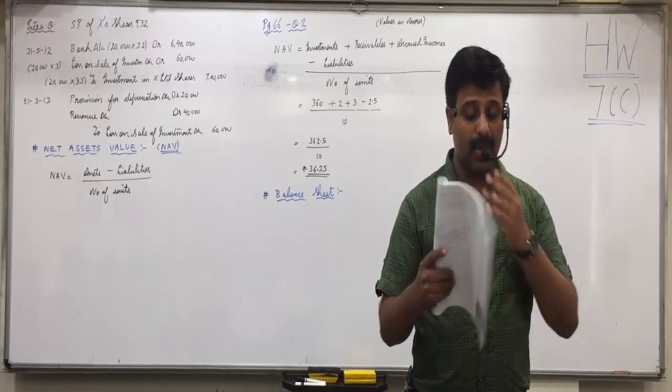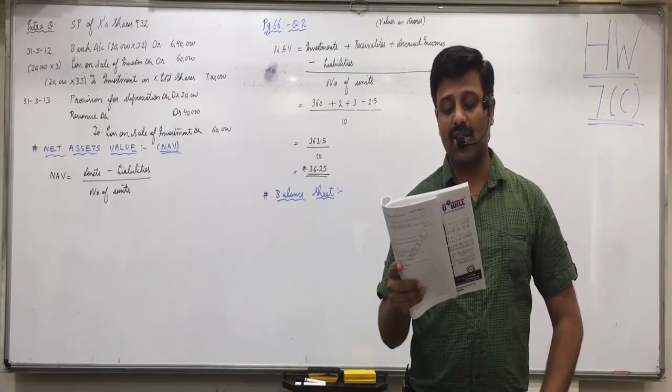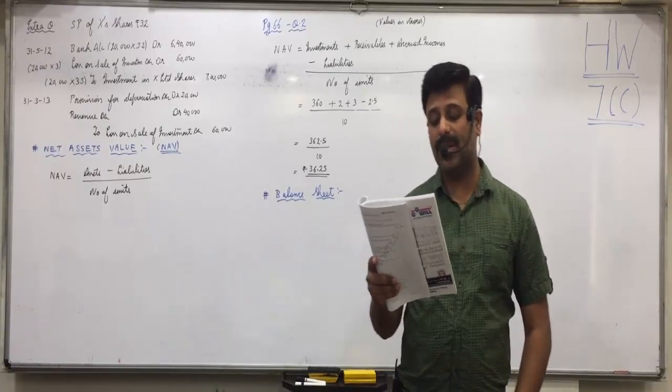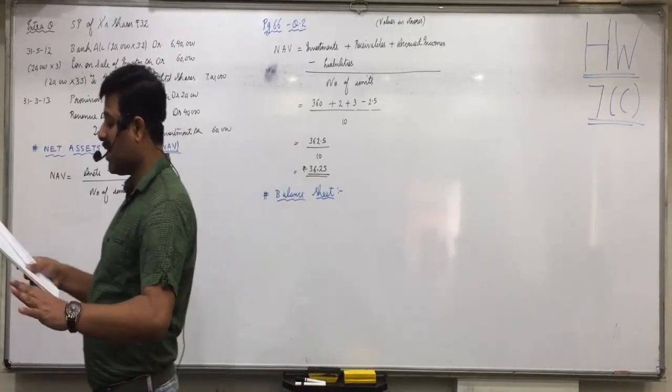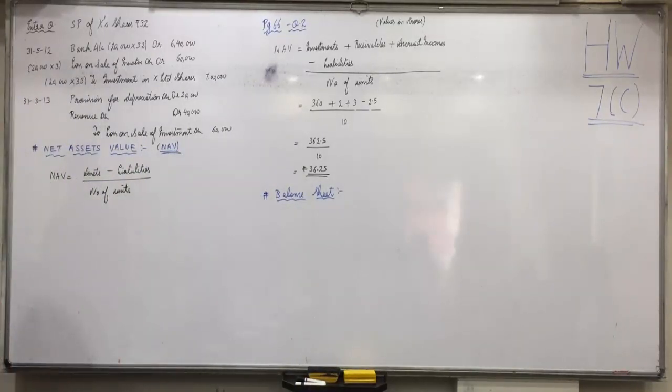In current liabilities will include sundry creditors, interest payable on loans. Mark this contract for purchase of investment in securities important because other current liabilities we have been doing in general also in accounts, but this is a new thing. What is this contract for purchase of investment in securities?